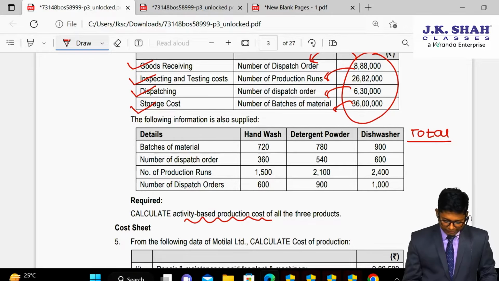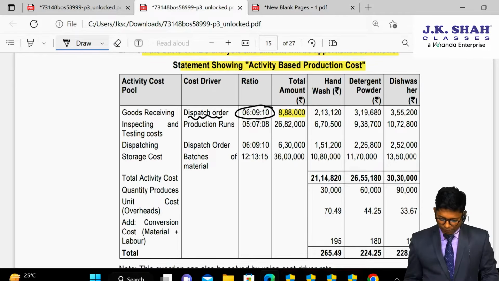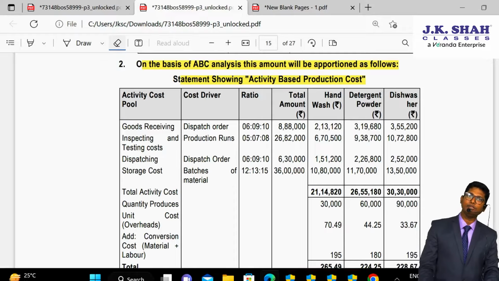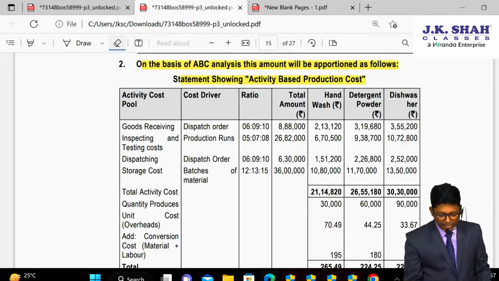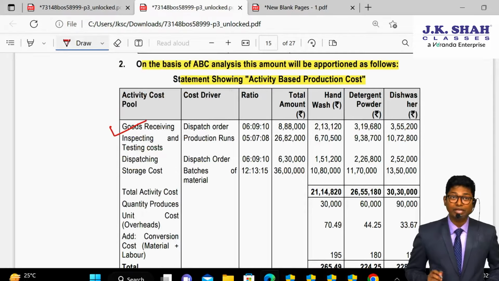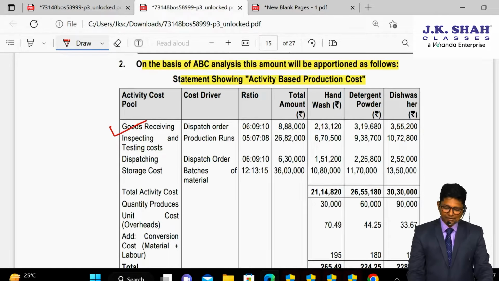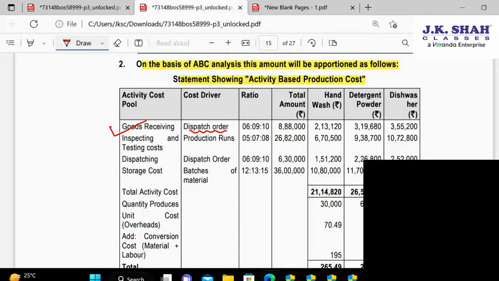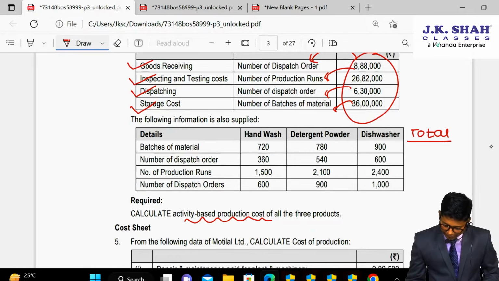Now, if you check the suggested answer for the same, they have prepared one table, and in that table they simply prepared a statement showing activity based costing and apportionment of overhead. The very first activity which is recorded here is goods receiving, and this goods receiving activity is to be bifurcated on the basis of number of dispatch orders. So the total amount of 8,88,000 is to be divided on the basis of